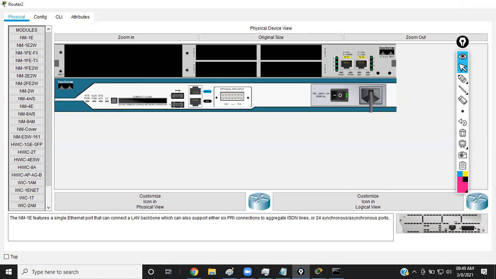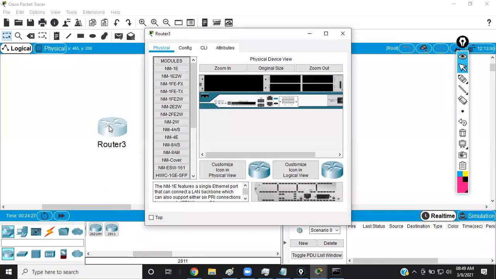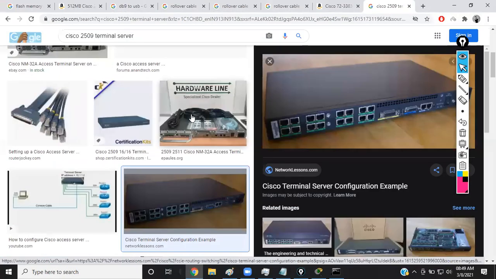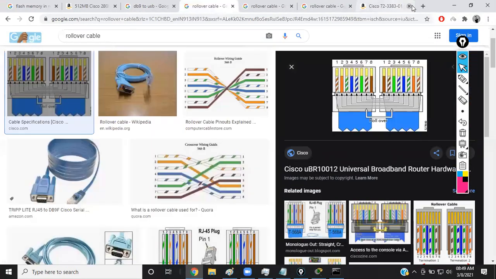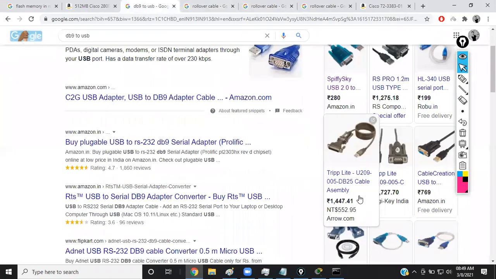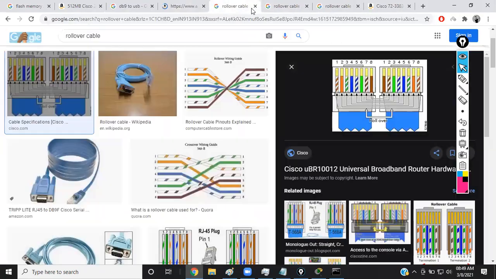Because this is our Cisco Packet Tracer, when you add any device, directly you will get the CLI access. It's software, so we are not connecting any devices or cables. But for the physical device we need a cable. So as I told you, we have some kinds of connectors. This one. DB9, and also I need our